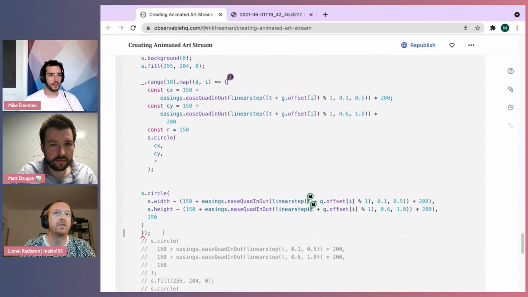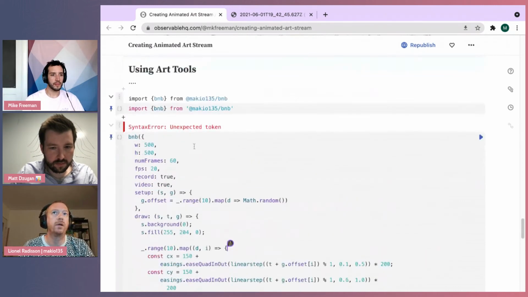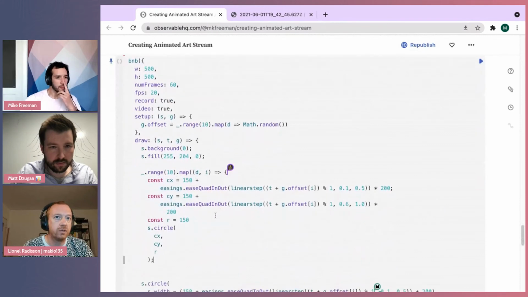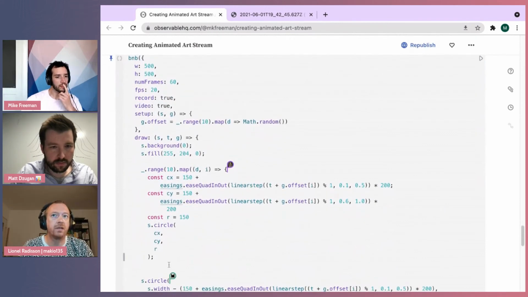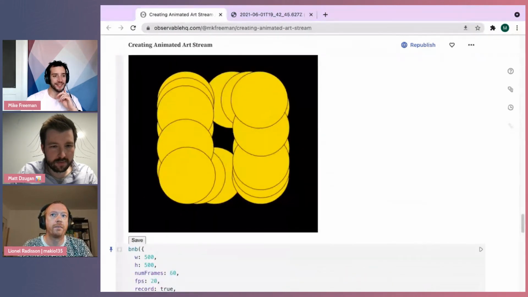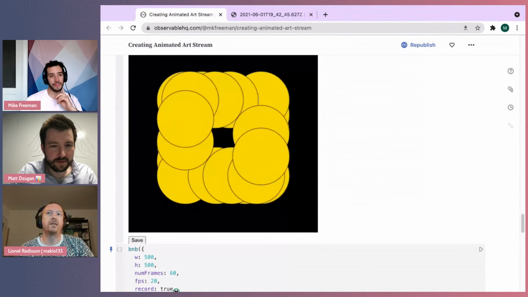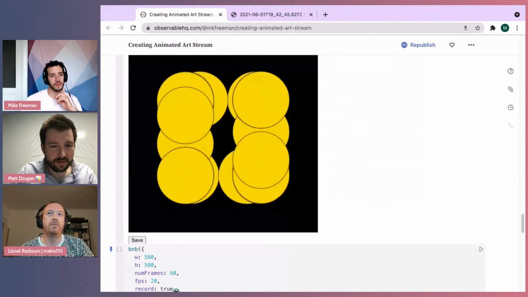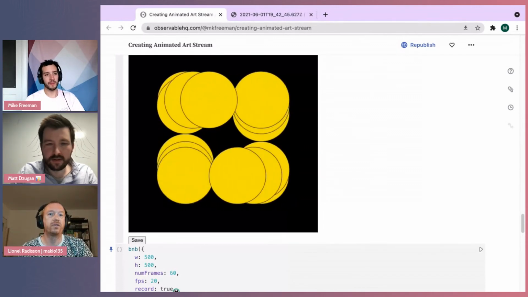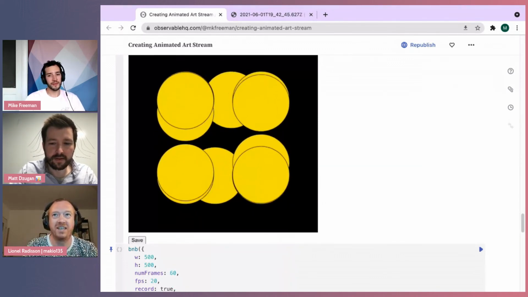Because the time is going from 0 to 1, the offset is never going to be more than 1 because it is just Math.random. So this is what we want for the offset. Okay. And I think this is okay, so this is a really basic animation. And let's use a few options to have some fancy